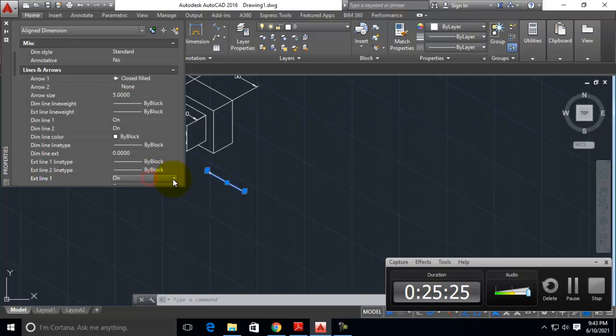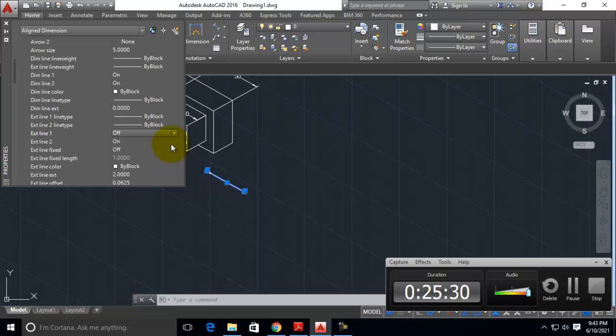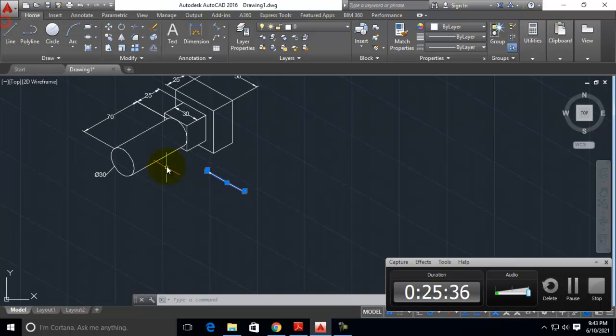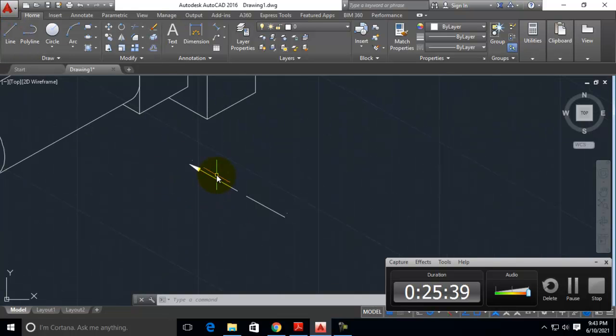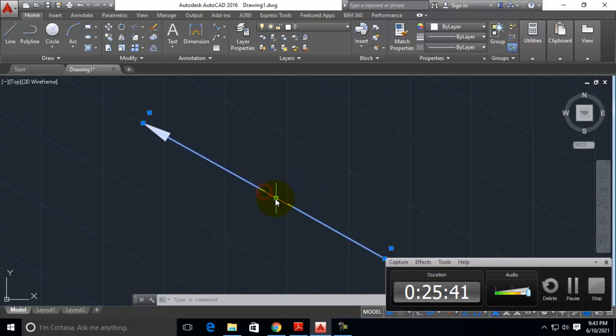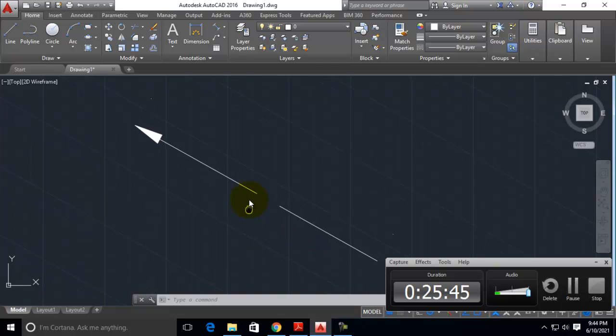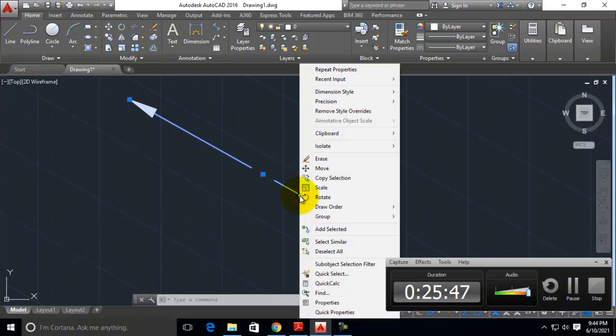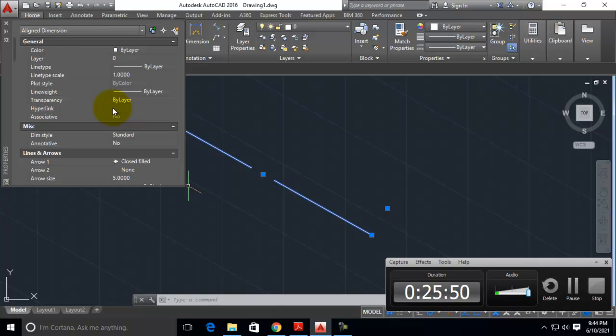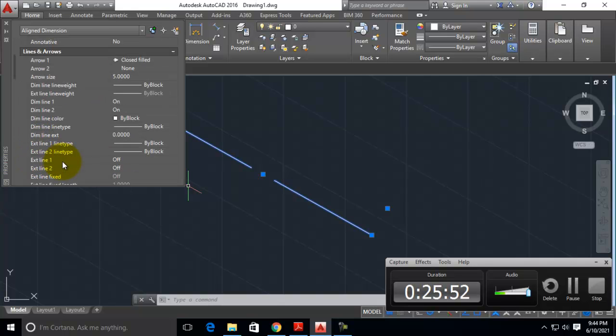Extension line 1 you can switch off. Similarly extension line 2 you can switch off. Now you can see just the arrow is visible. Dimension line 2 also you can switch off. Now it will have only the arrow here.